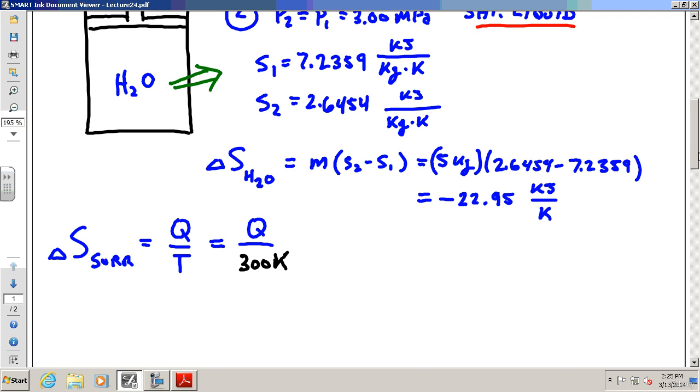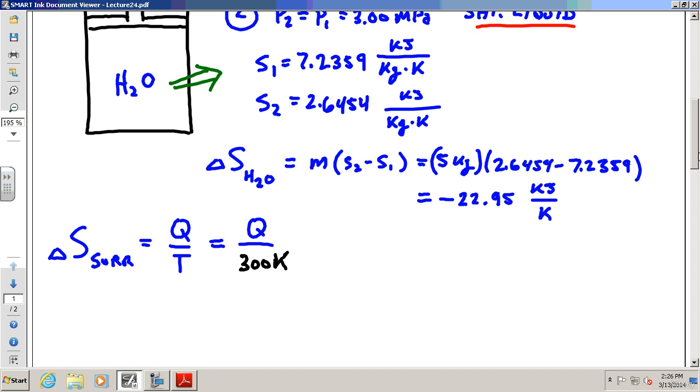Now, I will mention this, though. I suppose there is a way that if somehow you could figure out the change in entropy, you could then get Q without doing the first law. There might be a way, because look at this equation, right? If somehow I knew the change in entropy, and I know the temperature, couldn't I use that equation to solve for Q as well? We don't know the change in entropy. I'm trying to solve for the change in entropy. I need Q, and the only way I know how to solve Q is first law. That's all I got, okay?